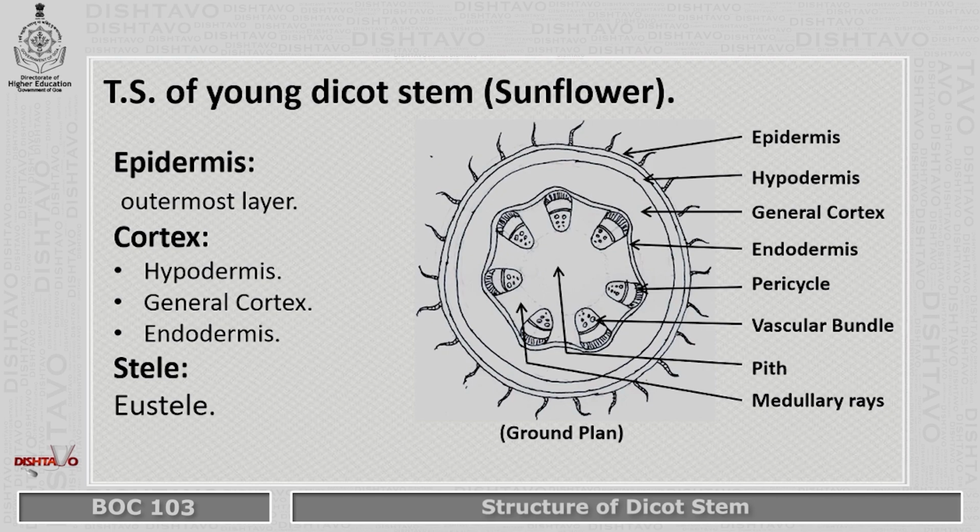Stele consists of pericycle, vascular bundle, pith, and medullary rays. The type of stele present in dicot stem, we call it as eustele. The reason is pith region is present in the center, and at the periphery there is a ring of vascular